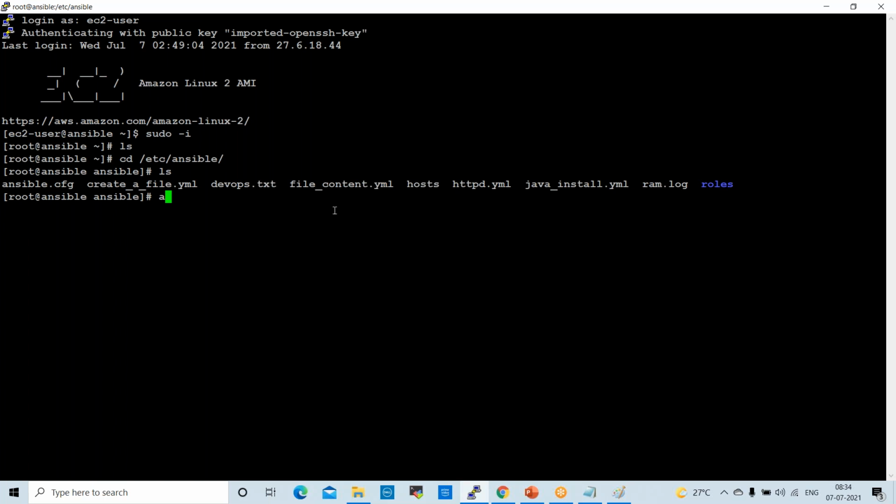So for which, the command here is ansible-vault edit httpd.yml. I want to edit this. So now it is asking for the password: 1, 2, 3, 4, 5, 6.